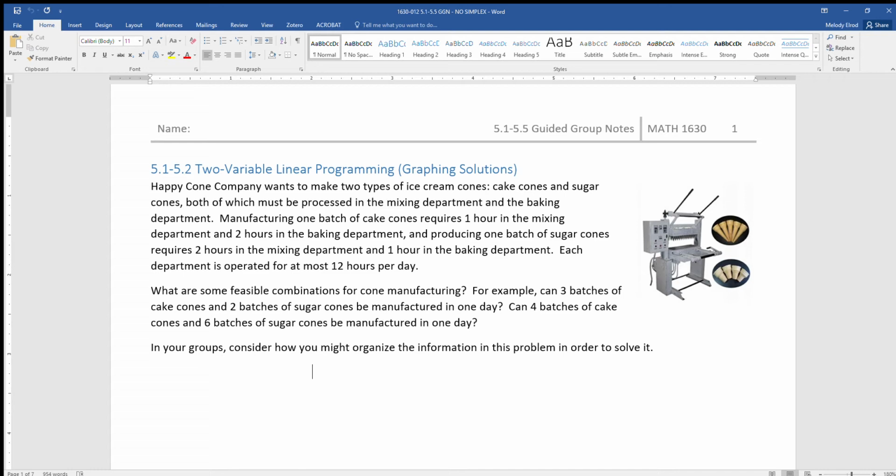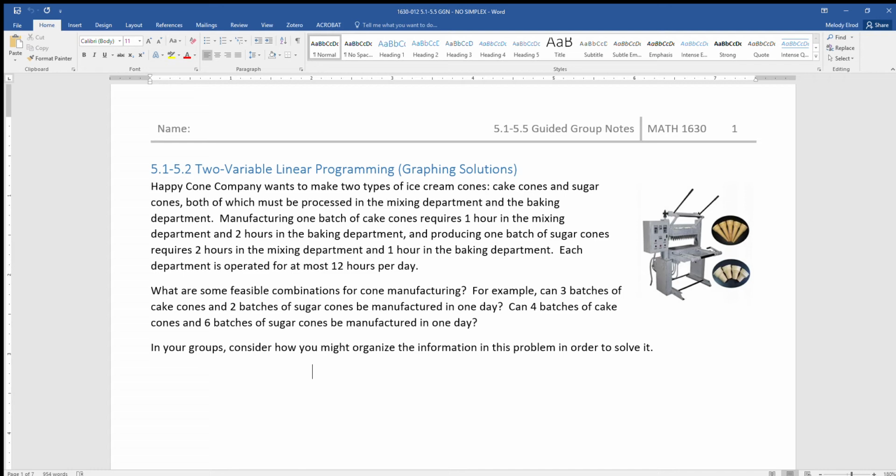So anyway, the first couple of sections, 5.1 and 5.2, are about two variable linear programming. Linear programming problems are problems where you take a lot of parameters. Like here's this situation, for example, on this first page: the Happy Cone Company wants to make two different types of ice cream cones, cake cones and sugar cones, both of which they have to process in the mixing department